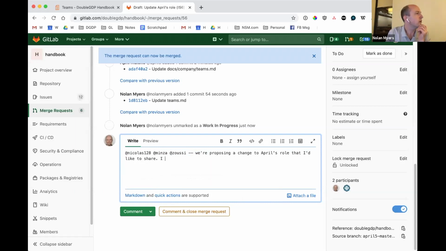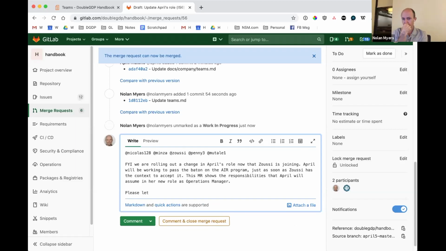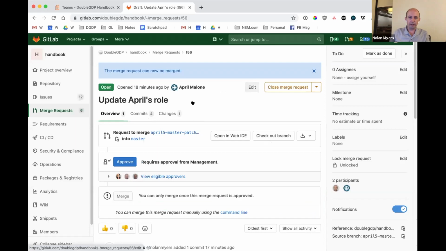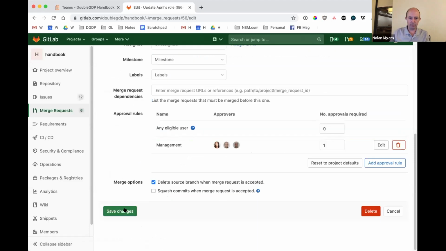So April, now let's just think through this rollout process. Is there anybody that you think is important to be aware of this change? Yes, Penny and Natali, since I work closely with them, and I'm sure they're aware of Zusi transitioning to AIR, but they need to be involved as well. You know what I'm going to do? I'm going to leave this as draft for now and not actually roll it out.